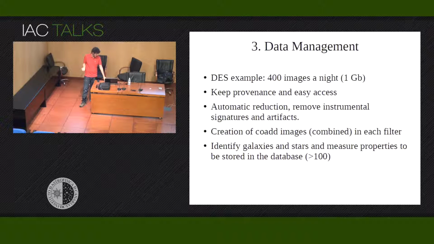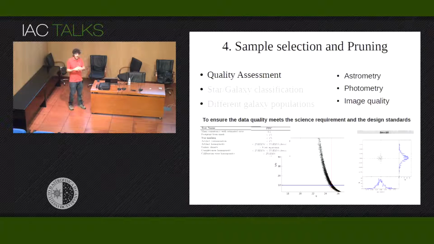the scientists, the cosmologists or astrophysicists. Once the data has been reduced, has gone through data management and been released to the collaboration, we first need to check the quality of the data, obviously. The quality of the data should also be defined previously to the survey with some science requirements. And in this step, we need to ensure that the quality meets the science requirements of the collaboration, looking at